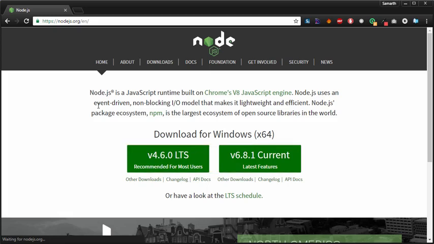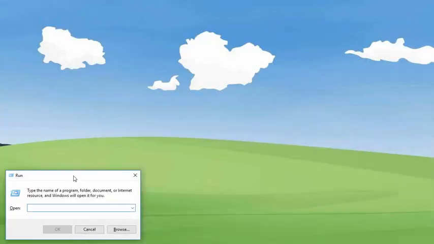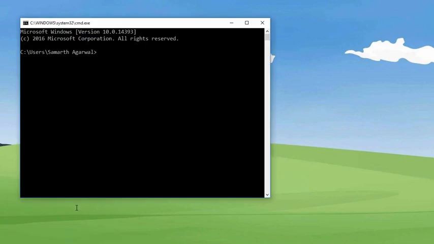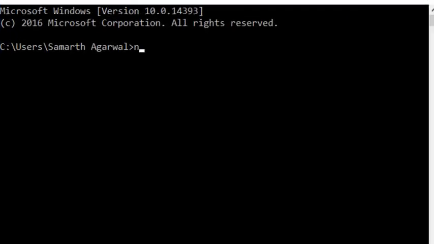Once you have downloaded the installation file, just run it, and once you are done with the installation of Node.js, just restart your machine. After restarting, open up a command prompt if you are on Windows and a terminal if you are on Mac. There, you can type in node -v, which will give you the version of Node installed on